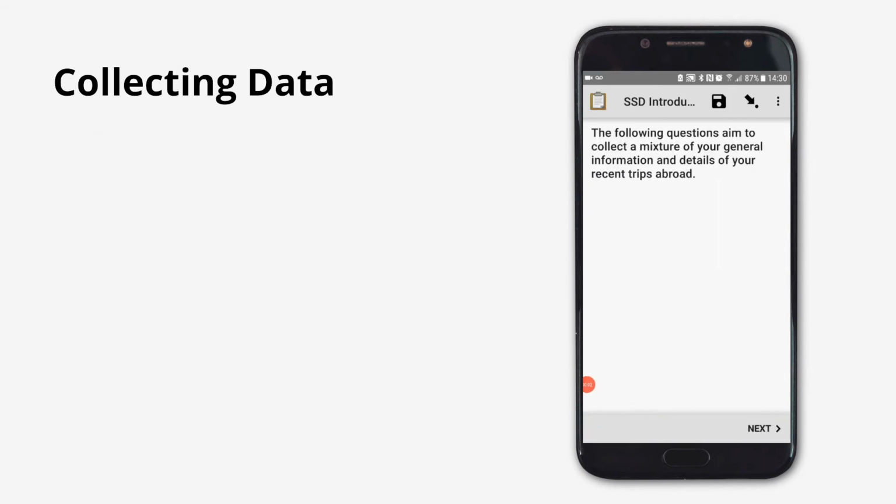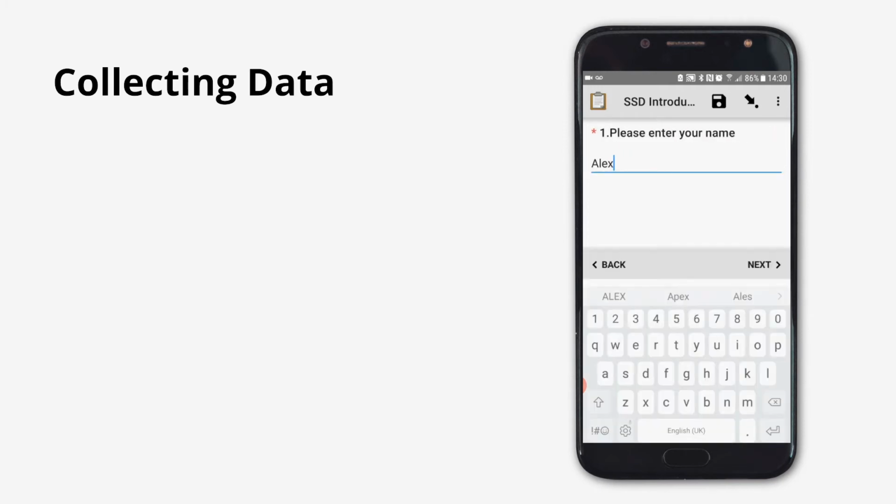In sessions 2 through 4, I described how to create your XLS form, detailing how to create certain question types and how to use labels and hints to display text. I'm now going to run through the example XLS form that I created and uploaded, just to show you how these questions appear when you're actually collecting data on your mobile device.